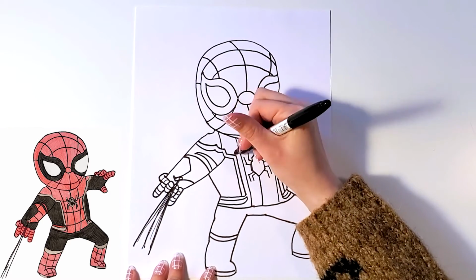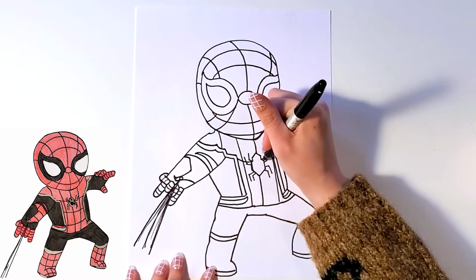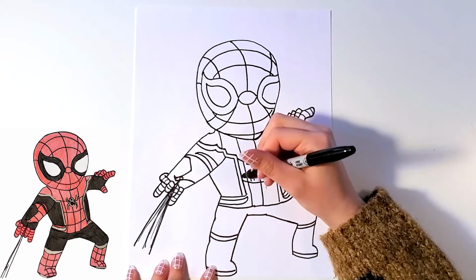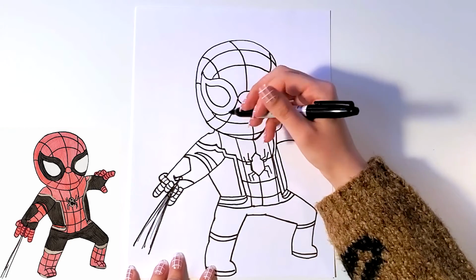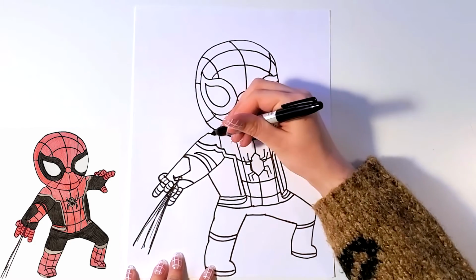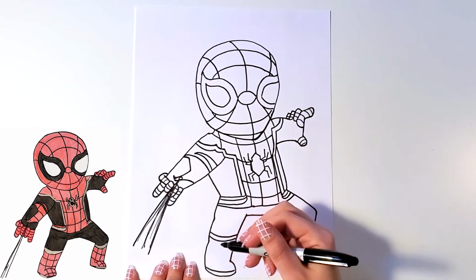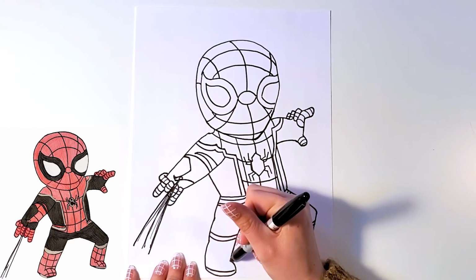And then you're going to do a curved line, another curved line, and maybe 1 more like that. I feel like on the top here it's really empty, so I'm actually going to add 1 more. There we go. Down here on the legs, we need to go right where the boot connects to the leg